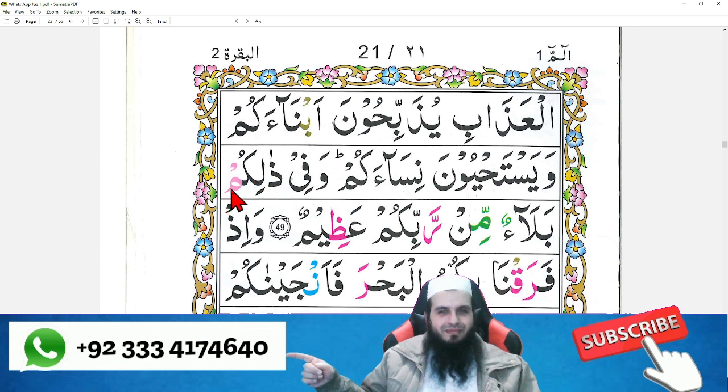Whenever meem has a sukoon on it and the next letter is ba, then we have to apply ghunna on the meem. In case of any other letter other than ba, we will not apply ghunna, but in case of ba, next to the meem which has sukoon on it, we apply the ghunna rule. We press the meem for 2 seconds. So, ذَلِكُمْ بَلَاءٌ مِّن رَبِّكُمْ. Ignoring the letter with jazm and connecting the previous letter with the letter which has shadda. So, mir rabbikum